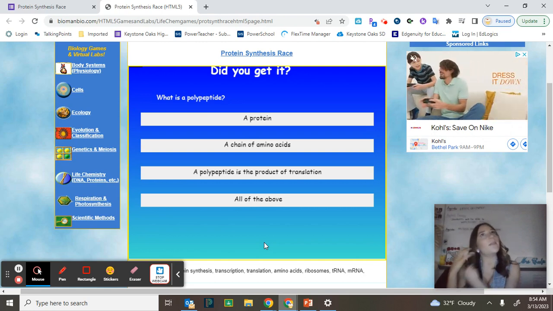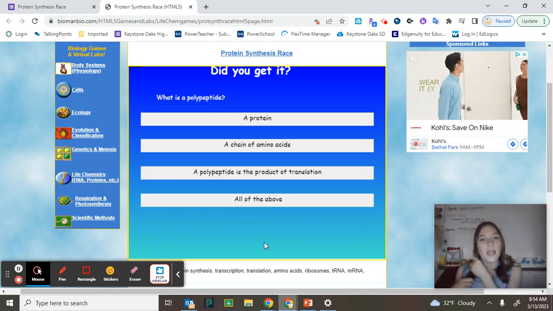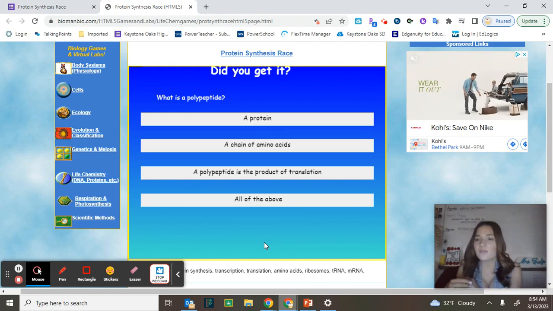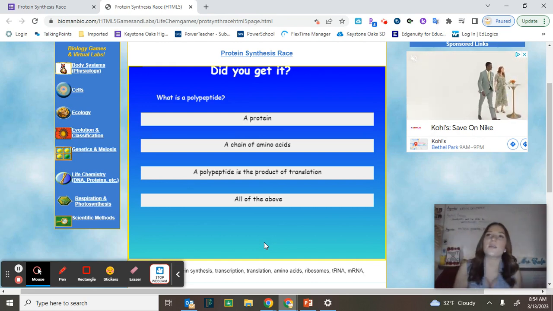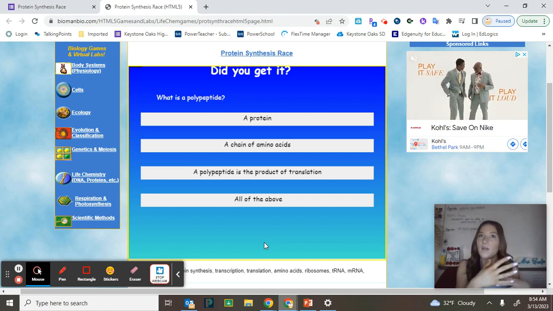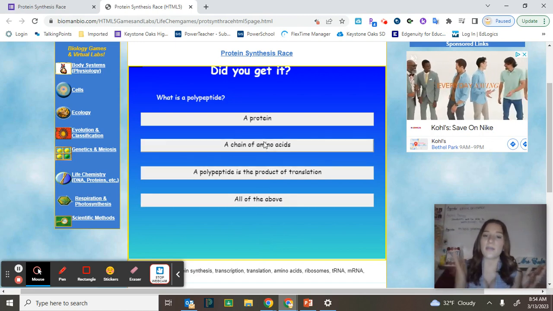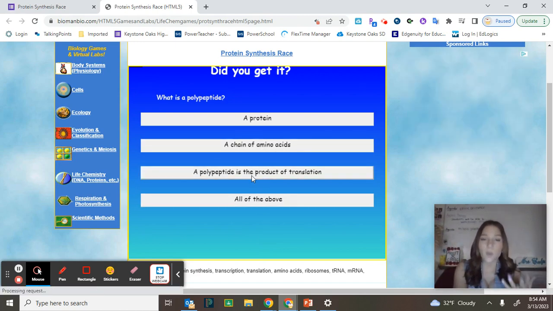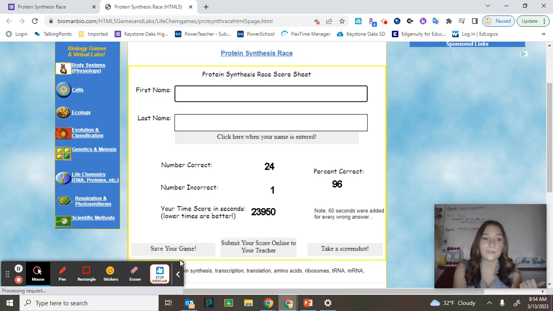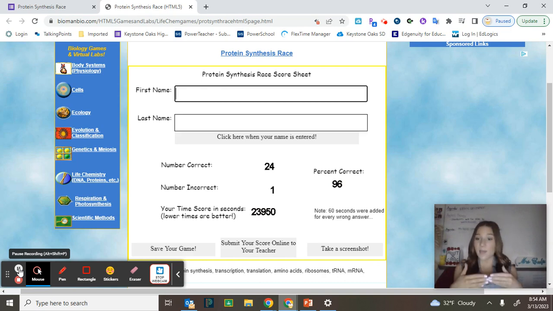A polypeptide, remember poly means many? A polypeptide is basically like a protein, okay? Essentially like a baby protein is what I call it, because it could be processed and put in the right shape first. Essentially, we just peptide bond a bunch of amino acids together, and it's what we're making in translation. So all of these are true. And that is translation and transcription. So protein synthesis involves two steps: transcription, which is using DNA to make mRNA, and then translation, which is using the mRNA to figure out the amino acid sequence and bonding those amino acids together to make a polypeptide, aka